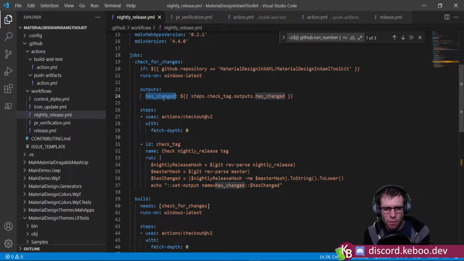And should run will return true if it was workflow dispatch, which is fine. It should return true on the cron job trigger if the tag has been adjusted. And it should run